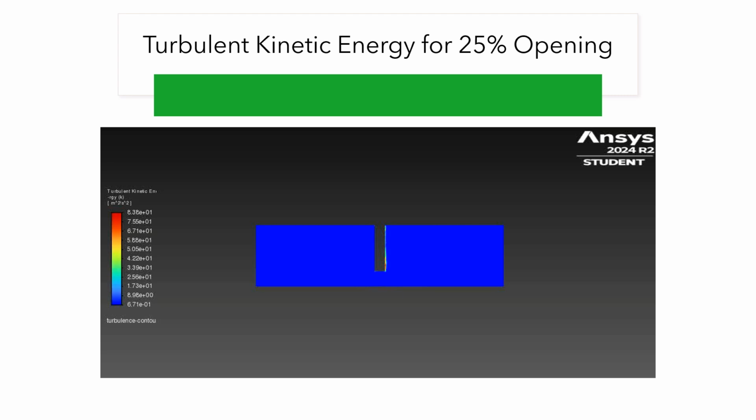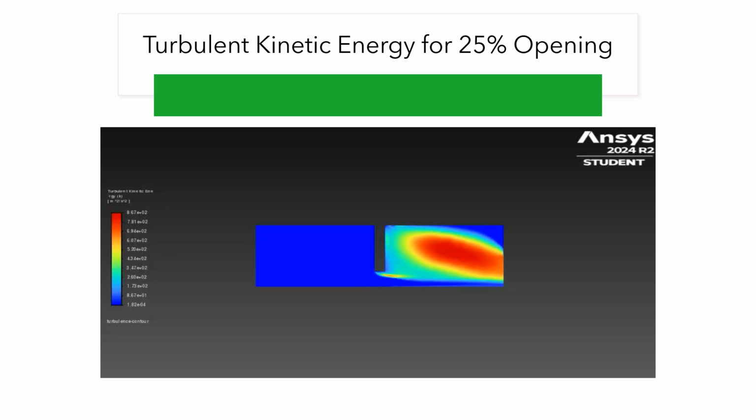I want to show you the turbulent kinetic energy for 25% opening. Like I said, it'll kind of flow similar to the velocity, but one thing you'll notice, which I thought was different: I figured that most of the turbulence would come from the bottom of the pipe, but I learned that actually that big opening has the most turbulence because that water is not moving at such a fast,